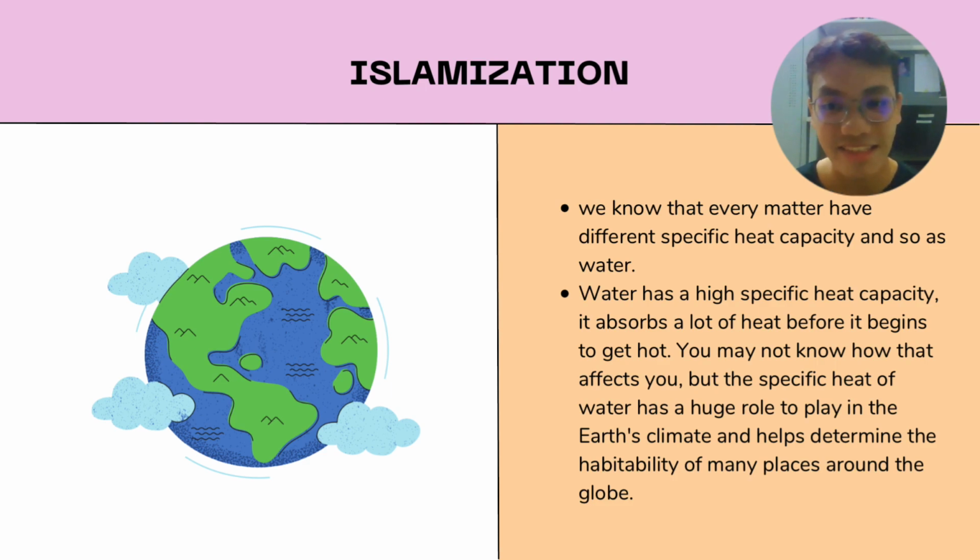Last but not least, it is about specific heat capacity from an Islamic perspective. We know that every matter has different specific heat capacity, and so does water. Water has a high specific heat capacity. It absorbs a lot of heat before it begins to get hot. You may not know how that affects you, but the specific heat of water has a huge role to play in the Earth's climate and helps determine the habitability of many